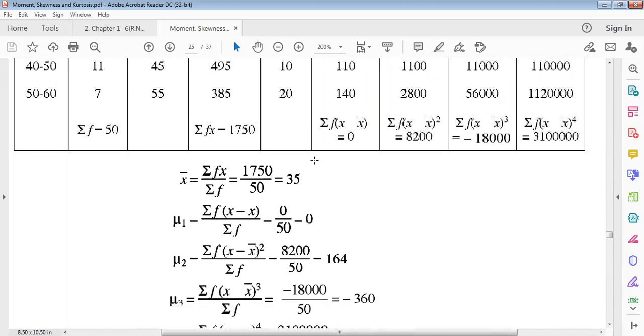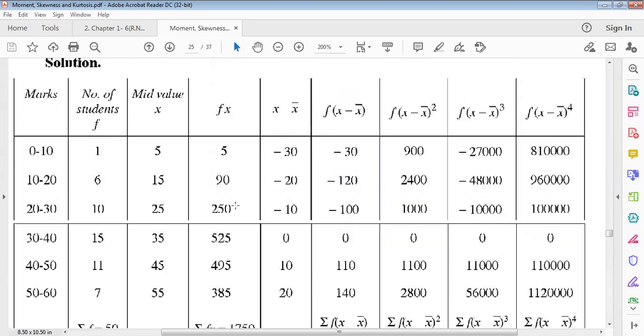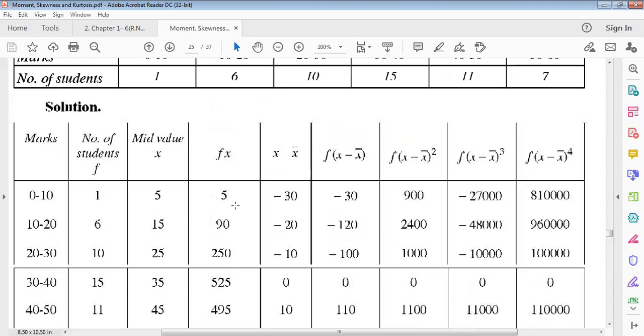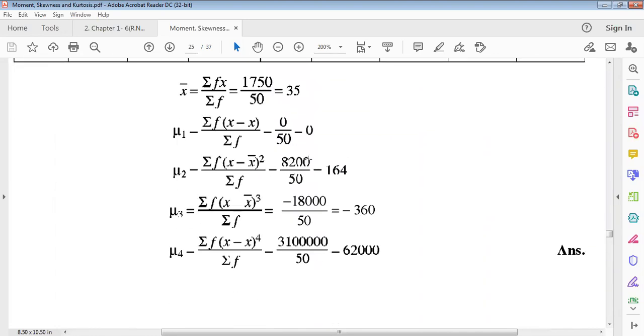So the arithmetic mean x bar equals this, and the first corrected moment will be what? Given by summation f_i (x_i minus x bar), where x bar means the arithmetic mean. This will actually be 0, since 35 minus 35 equals 0. This is why the first corrected moment is always 0. Now mu2 equals the square divided by this, and mu3 similarly, and mu4 will be this.